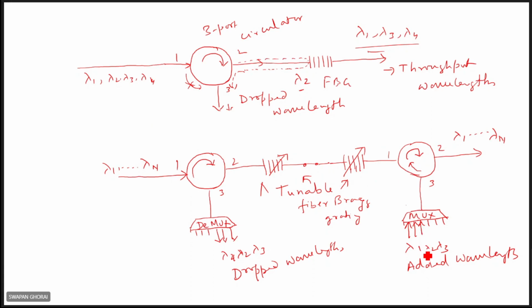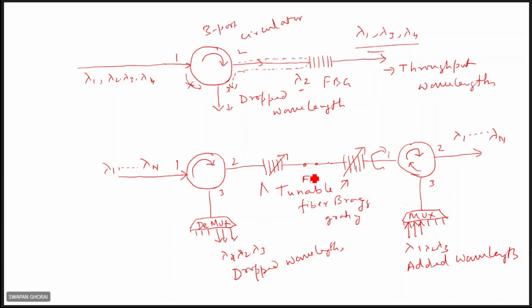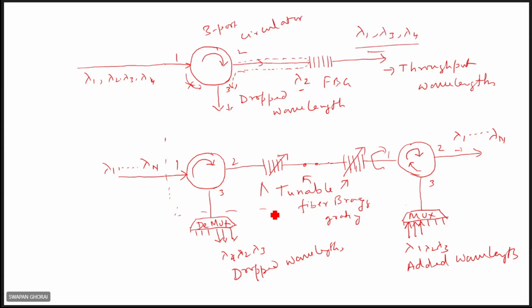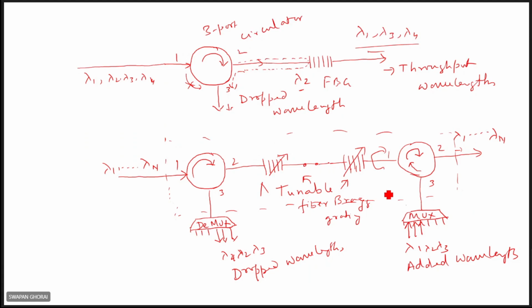And also, here it is dropped, but another 3 wavelengths can be added here. So they will reflect from these gratings, right? And light will be reflected back from this grating, and it will enter into the circulator. Ultimately, you'll get these added wavelengths in the output port. So that is the most important application of fiber Bragg gratings, that is add-drop multiplexing. Right, the whole thing can be a single component for drop wavelengths and for add wavelengths.